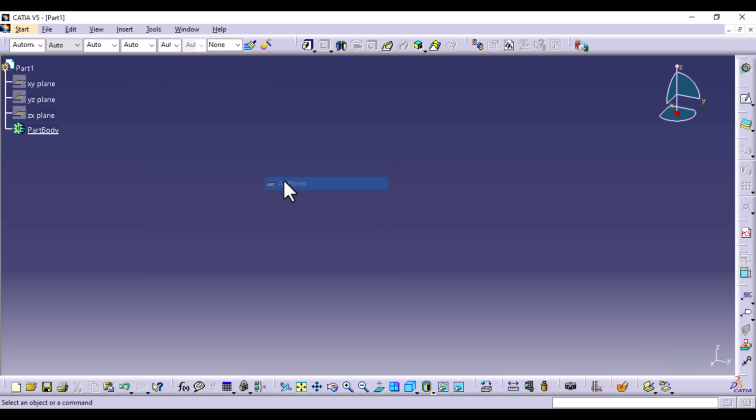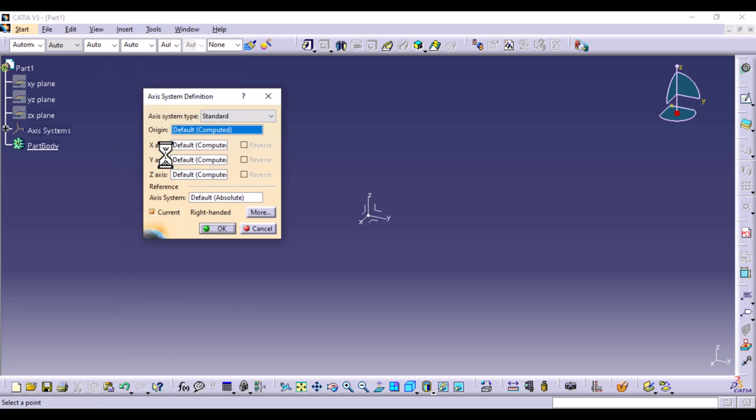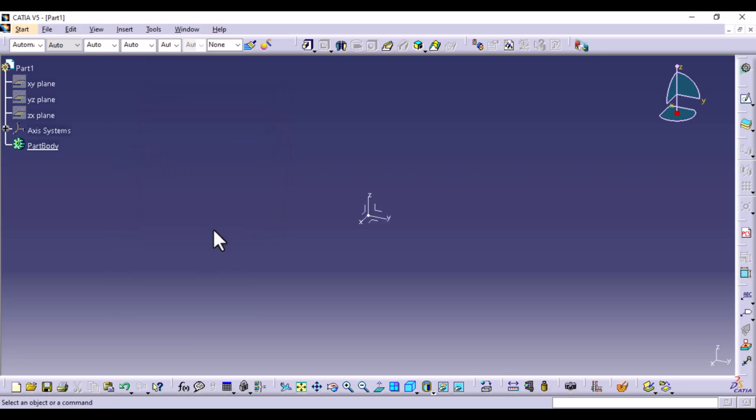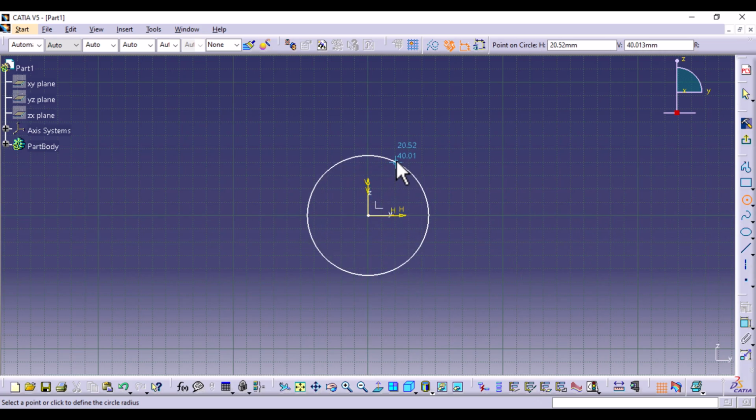Tools, Hide All Planes. And I'm going to insert an axis system instead at the origin, so we can sketch from here. Our main sketch plane is going to be the ZY plane, so select it and sketch. We can create the first profiles, which is a couple of concentric circles. Double click on circle, start from the origin. We can see it's highlighted with a solid dot, and then draw out two concentric circles from the origin,